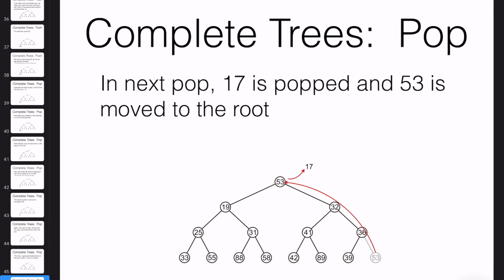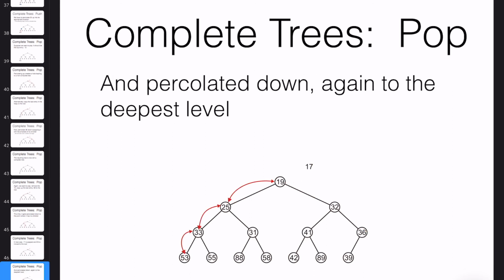This slide shows another step of popping an item. If you call the pop over this tree again, 17 will be removed from the root. The last leaf node is going to be this node here. 53 will be copied to the root. Then it will percolate down. So you can see that it will end up this way, which is going to be the result. This node has been removed here, the previous 53 moved to the root, then it percolated down,